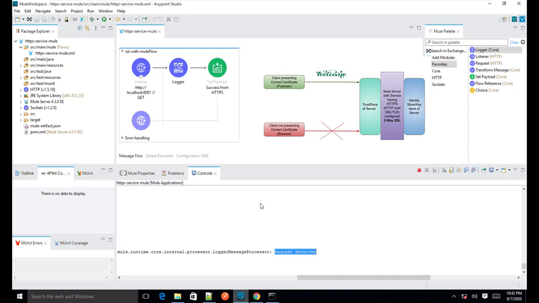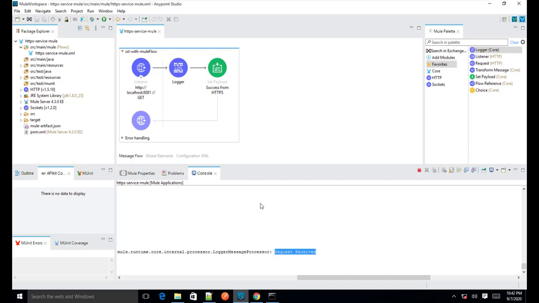For doing that, we have to rerun the steps which we followed for creating the private key, public key, and the certificate generation. Those things we have to perform again, but this time at the client side.